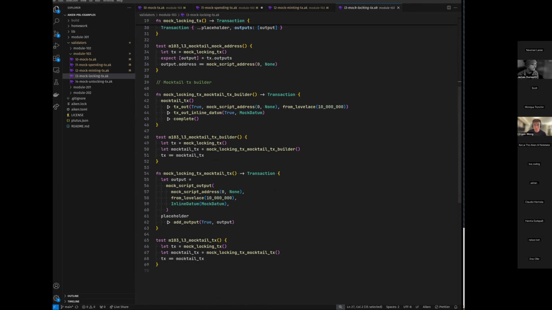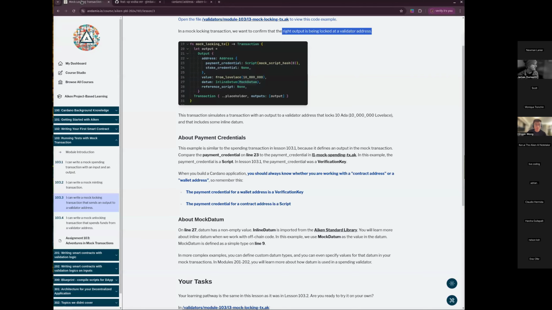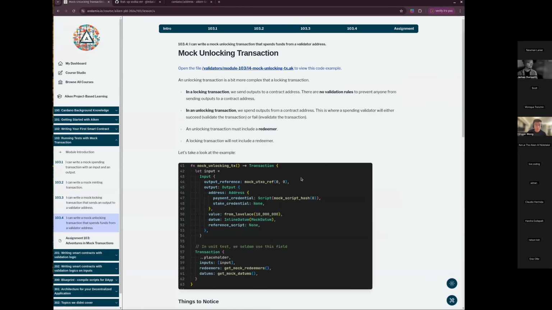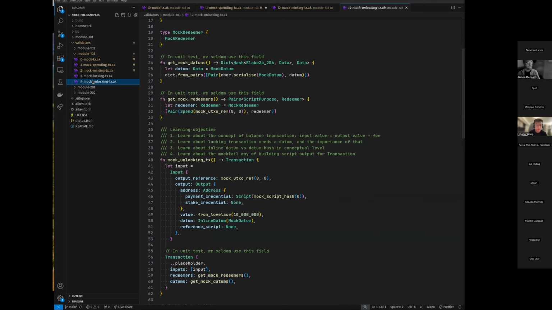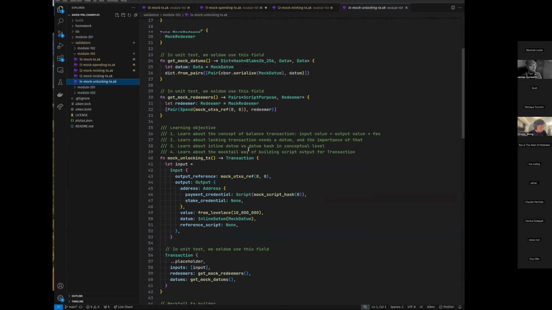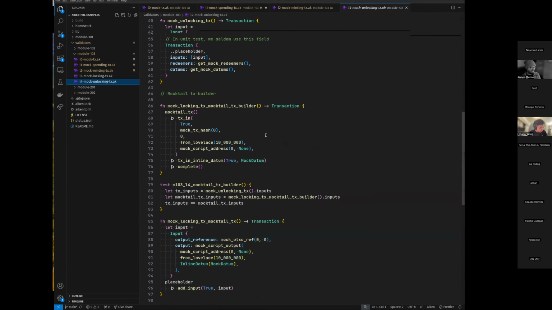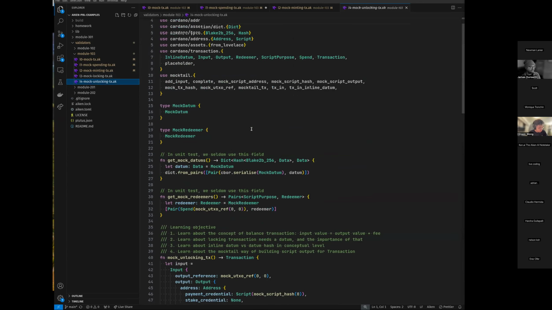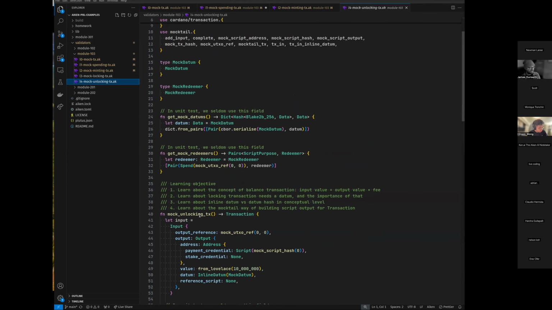Before we close, let's take a quick look at, finally, lesson 4. Finally, we're going to have a validator to talk about here. Let's look at it, because when I unlock tokens from a validator, this is where the validation rules are going to matter. Where is it? Oh, this is just an unlocking transaction. I forgot that this doesn't have